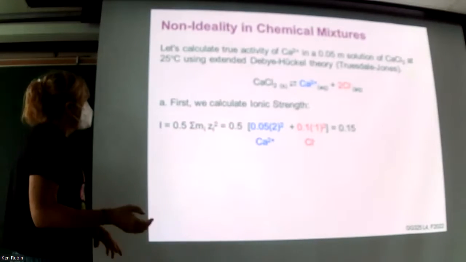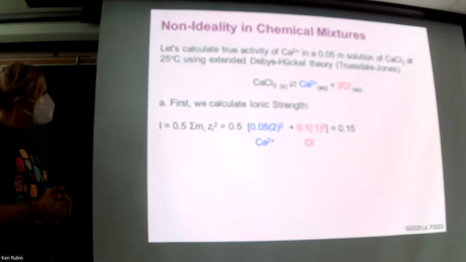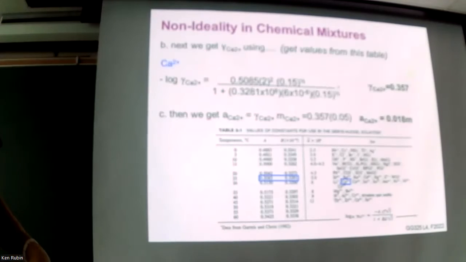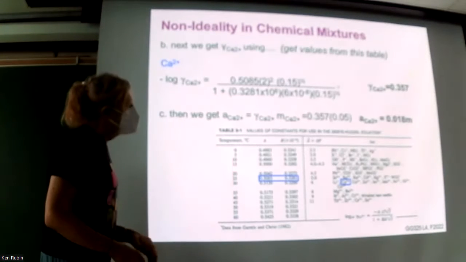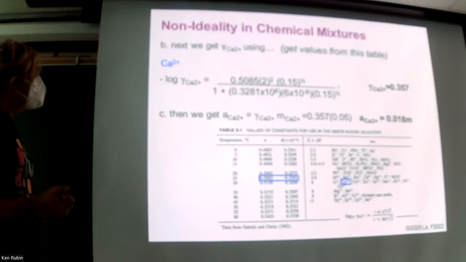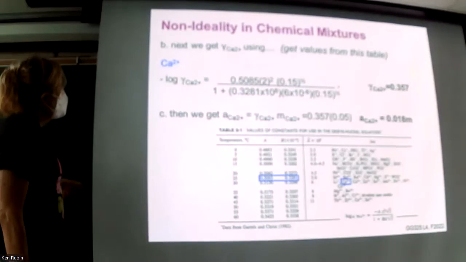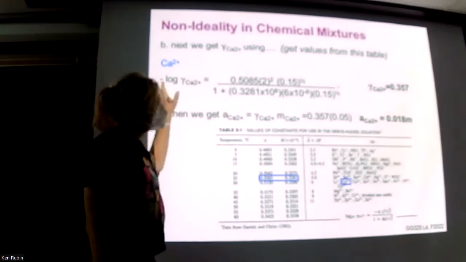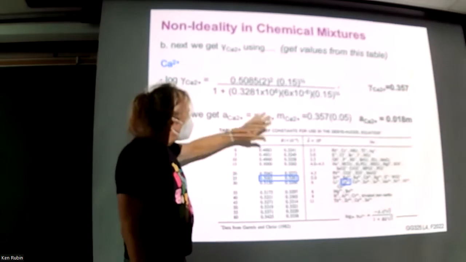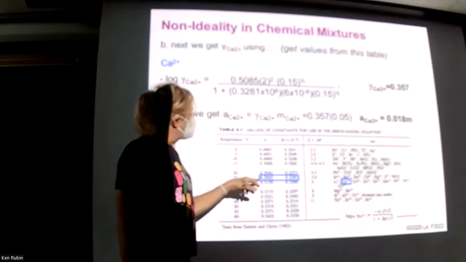If you recall from last time, we said values around 0.1 are like typical river water. So you might think there isn't that much non-ideality in this solution. But according to what the Debye-Hückel theory predicts, there's a fair amount. There are a couple of different equations: there's the Truesdell-Jones equation and there's the Davies equation. The one I'm working through here is the Truesdell-Jones equation. So there's basically minus log of calcium equals a bunch of stuff. There's a constant there that we pull out of the table. Right, and so this